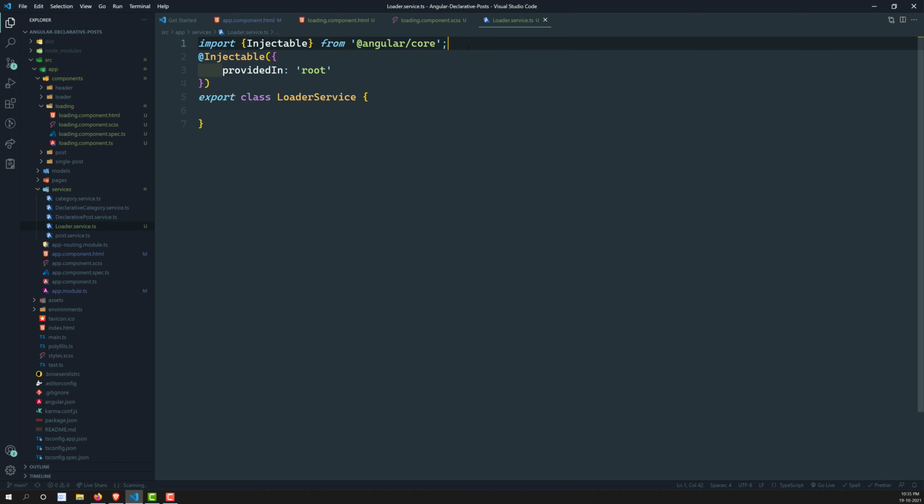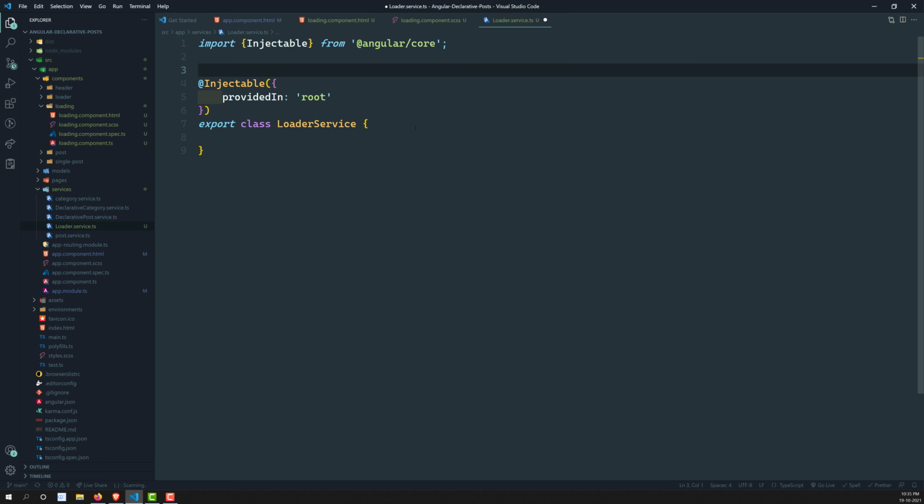So now in this loader service, what I want to do is, I will create a subject. So something like loadingSubject is equal to new Subject. It is of type boolean.